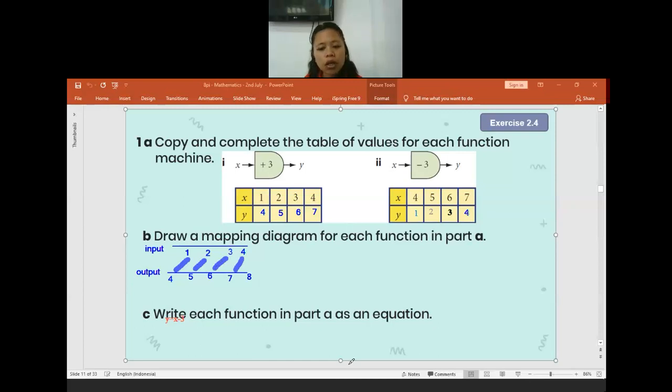Is there anyone get confused? No, teacher. Okay, for the question, if you're not getting confused, then I will make only one mapping diagram. For the second mapping, I don't think you have difficulties. I will not discuss it. Is it okay? Yes, okay, teacher. Okay. Now let us continue for the question